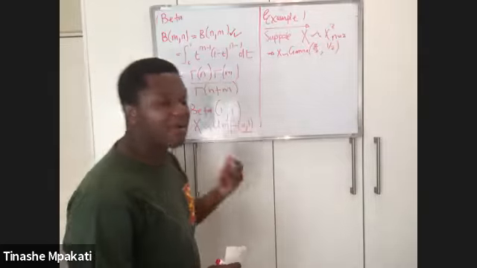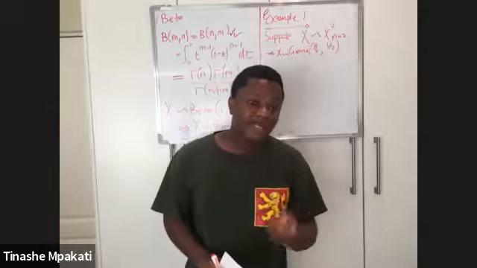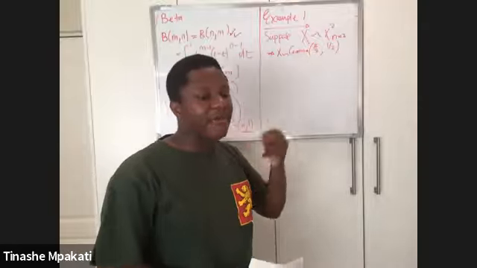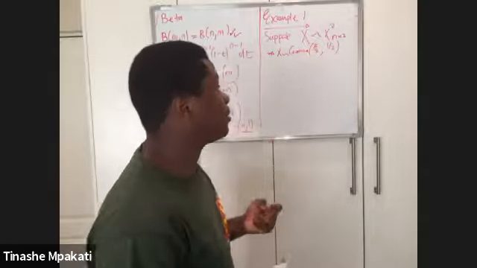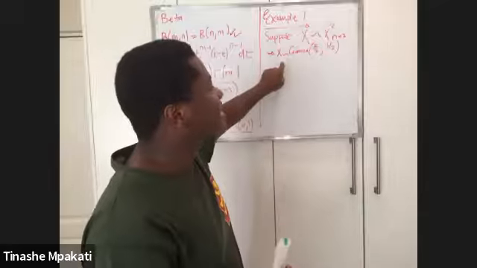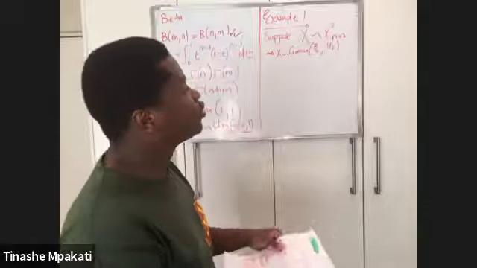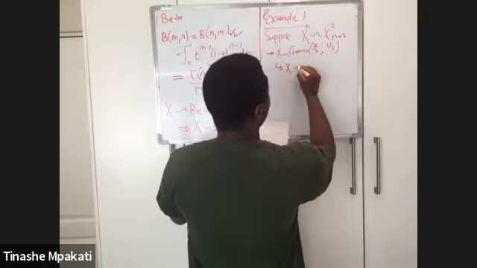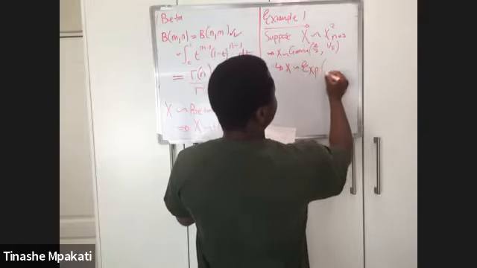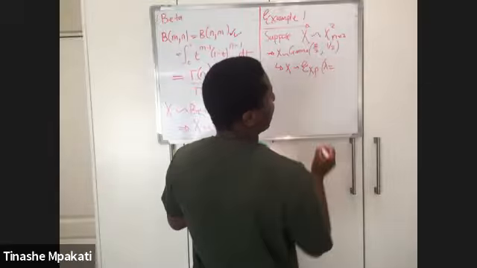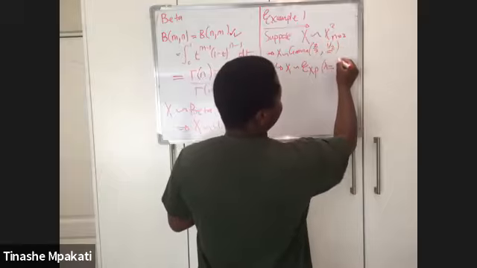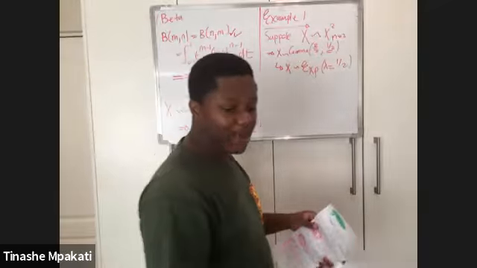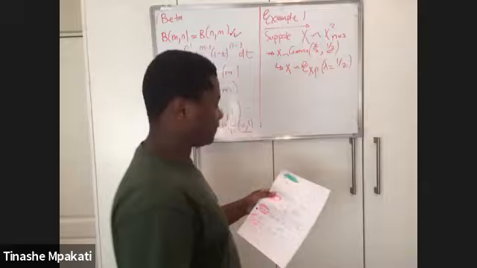If you want, remember we have a definition of a PDF of a gamma distribution. So straight from this you can work with a PDF of a gamma distribution. But if you want to make your life easier, you can translate this from a gamma distribution into an exponential distribution, which means our x just has an exponential distribution, and the parameter for this, this lambda, will be this half that we have here. So now what we have is an exponential distribution with our lambda being equal to half, right?